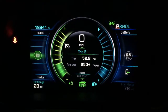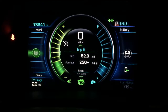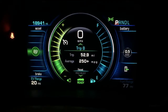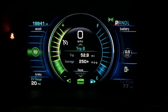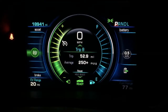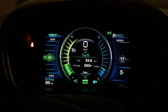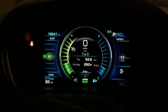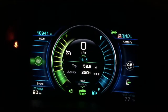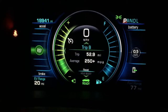Okay, just pulled up at the house and went 52.9 miles and have 20 miles of EV range left. So it looks like I used 47 miles of EV range and actually drove almost 53 miles. So it was a good day. On the trip home, I didn't have any rain, so that worked out better, and the roads had dried out what little water was on the road. So a real efficient ride home,